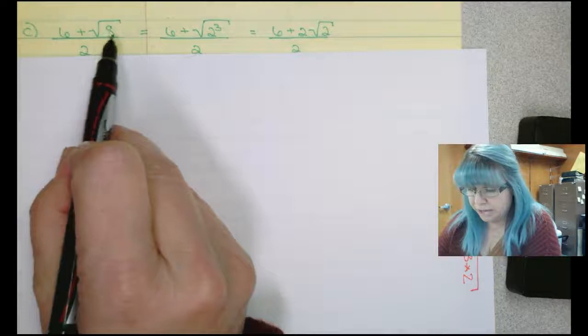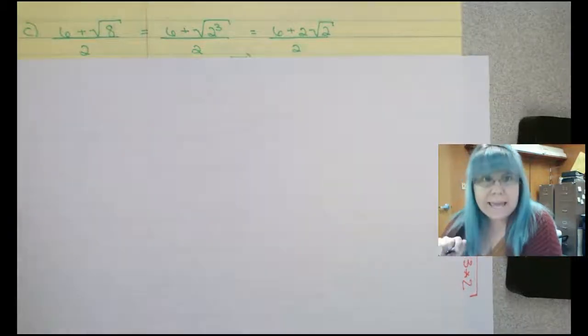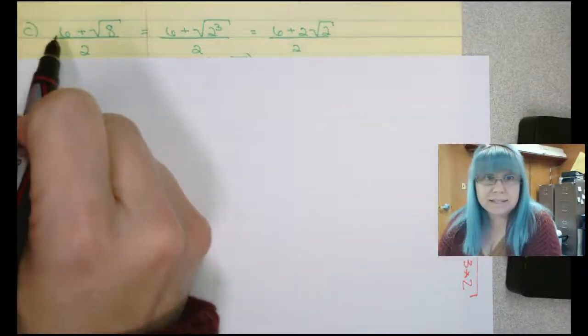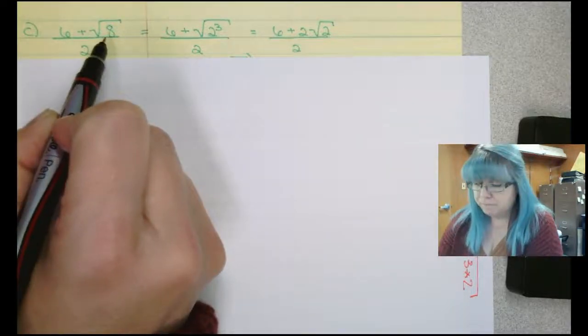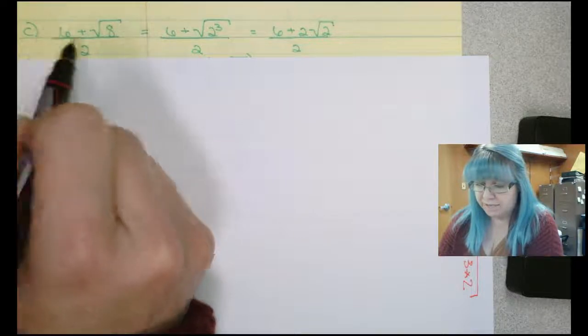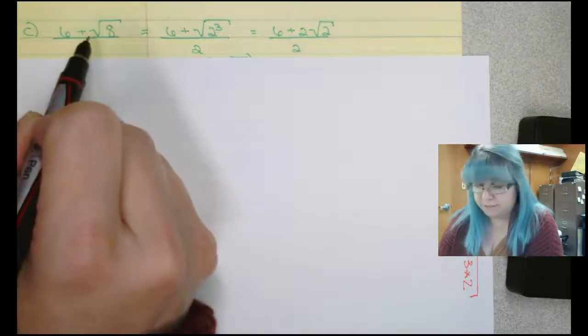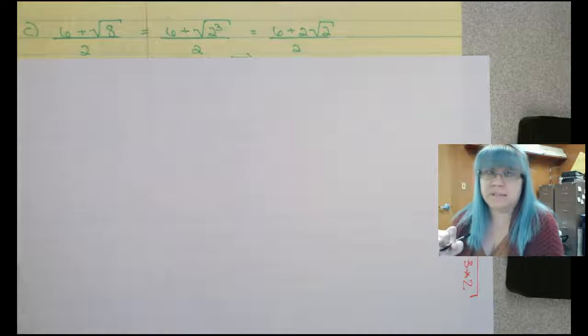6 plus the square root of 8 all over 2. I cannot reduce this 2 and 6 because I have addition. It's just like 6 plus x up here. Because I have addition, I have to simplify the numerator first and then see if I can simplify it with